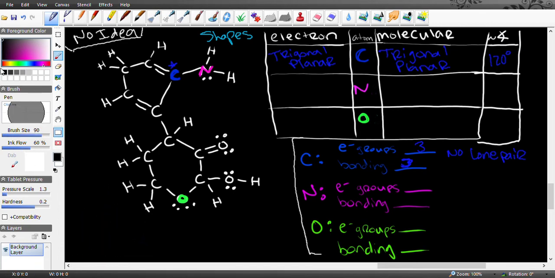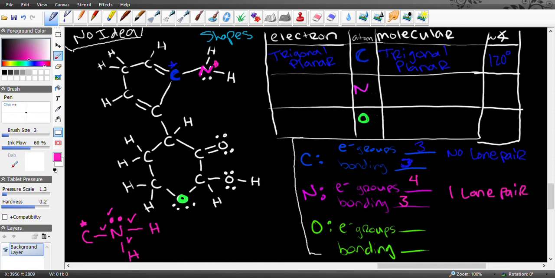Let's clear this and go back to where we were. 2, 3 is good. Okay, so now we're going to look at this nitrogen right here. So we have nitrogen, we have hydrogen, hydrogen, and a carbon. So if we're looking, it has how many electron groups? 1, 2, 3, 4. And 3 of them are bonding, right? And we have 1 lone pair. So for electron geometry, if it has 4 electron groups, it's going to be tetrahedral,